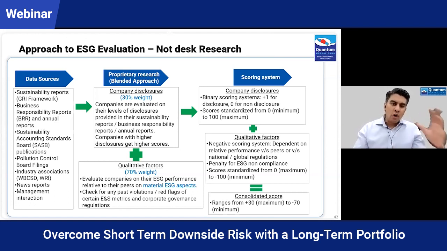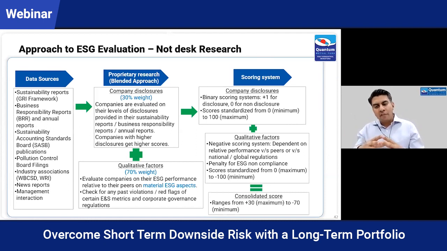So we look at a lot of data sets, directly at what the company disclosures are, and we try to verify those claims that the companies are making, try to get more data so that we can assess and evaluate the companies better. And we score those companies, and we arrive at a final ESG score, assessing each of the disclosures, each of the data sets that we collect from companies.